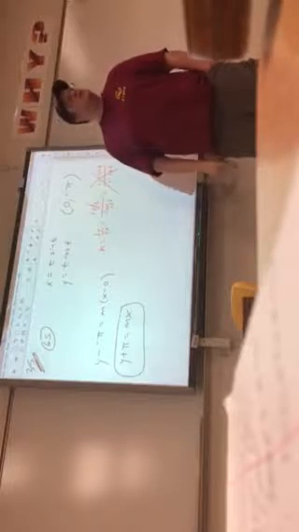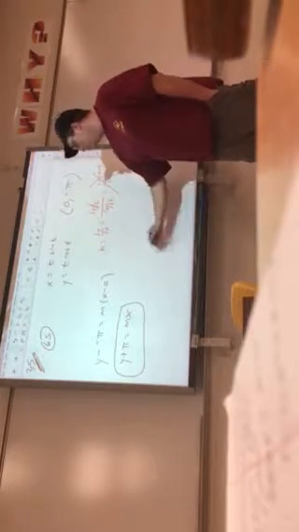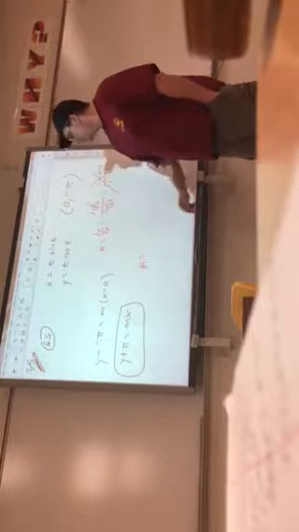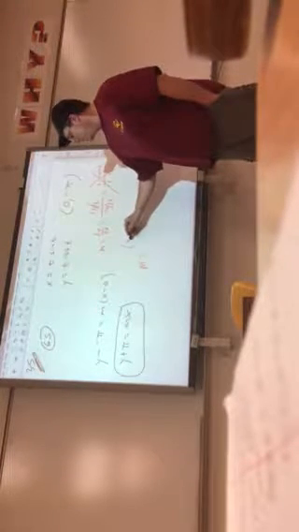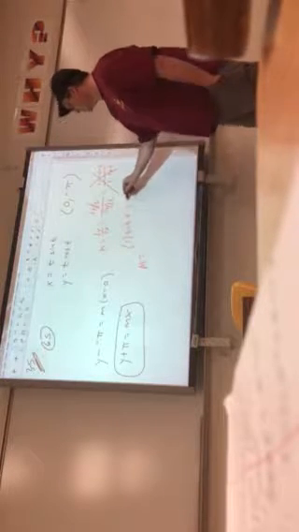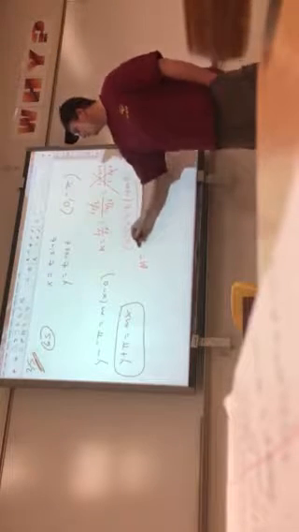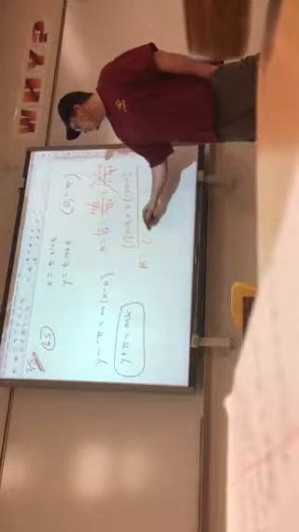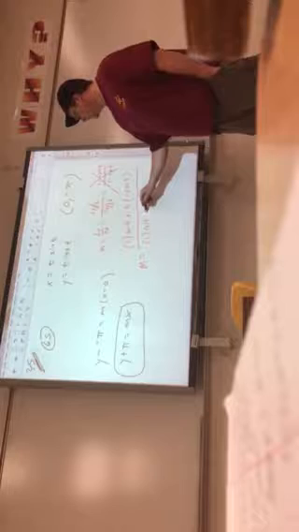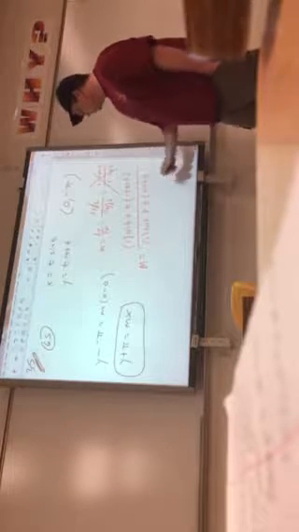It's written in white normally, so it's hard to see, but there's a dot right there as well. You got to remember to use product rule. Slope is the derivative of the first times the second plus the first times the derivative of the second. In the denominator, you're going to do derivative of the first times the second plus the first times the derivative of the second. So watch out